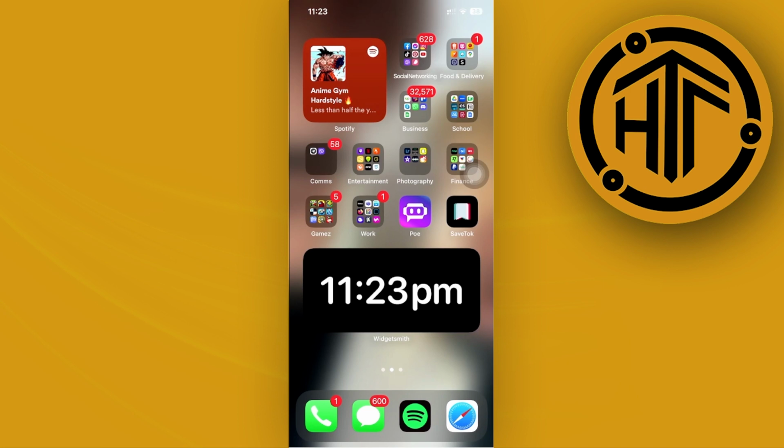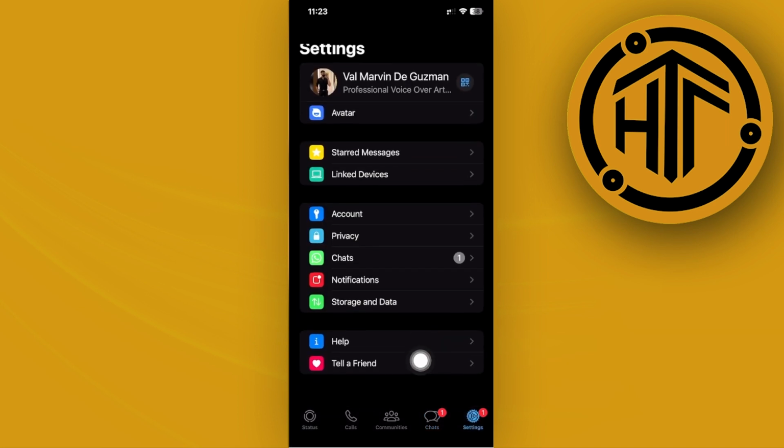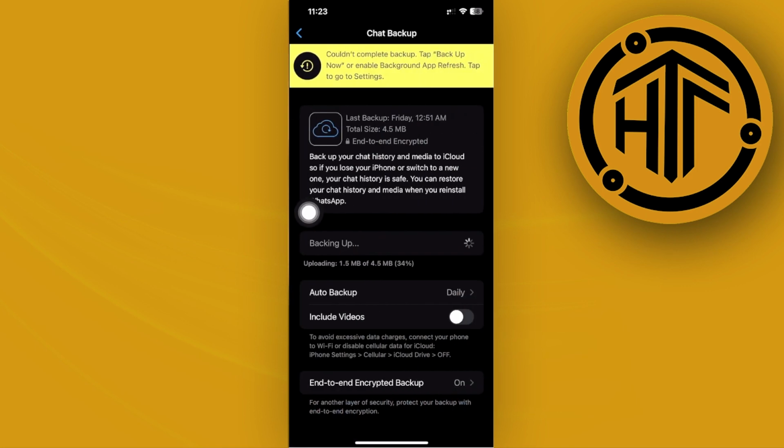Alright guys, what we need to do first is to launch the WhatsApp application, and then from here, let's go ahead and tap on our settings option. Next, let's tap on chat. And I want you to go ahead and tap on chat backup. Make sure over here that you do have chat backup turned on,